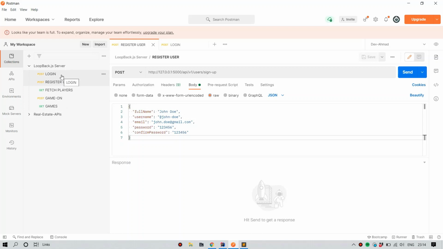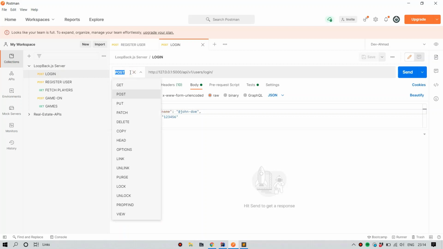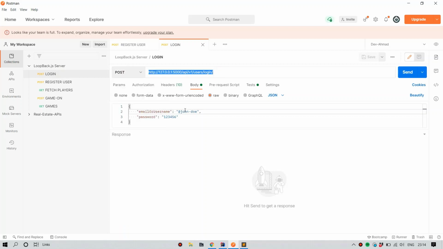Now, the usual workflow is: create a collection, define your endpoint, define the method here, and then depending on whether it is a POST or GET, you define the JSON data here, hit send, and you get the data. If it is login, then you usually get a JWT, a JSON Web Token.